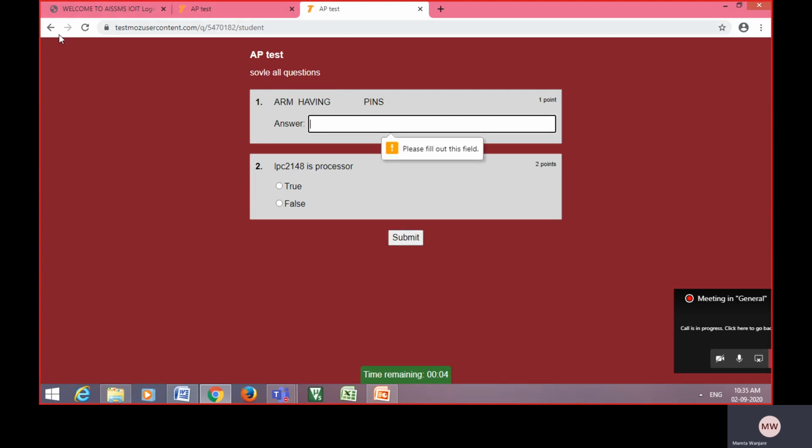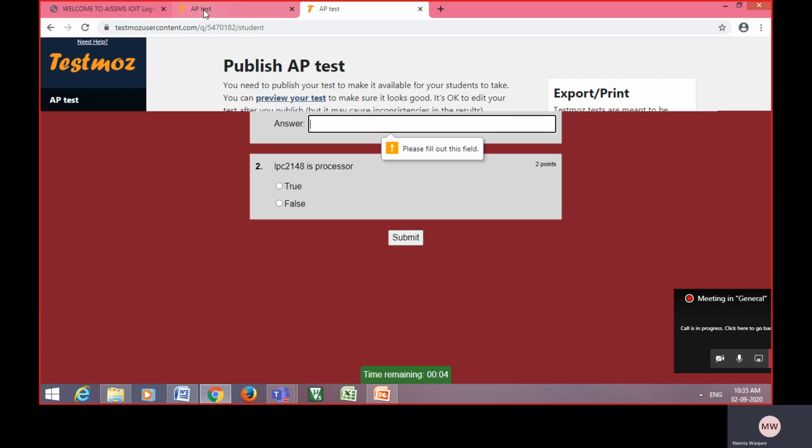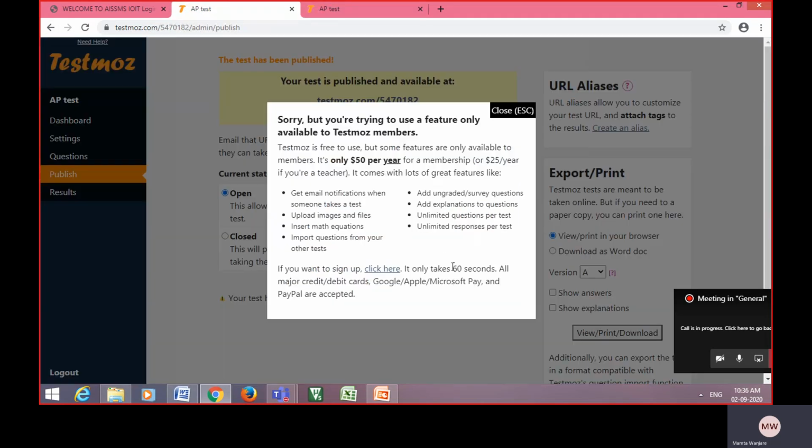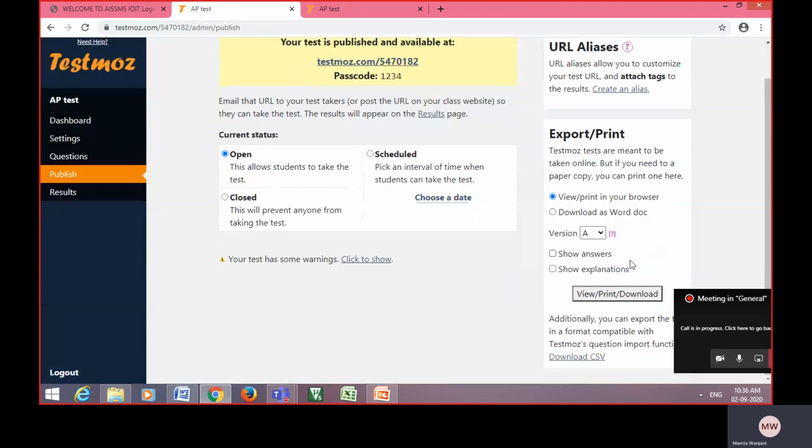Then again go back and publish that test. After publishing, the URL link will be generated and the passcode is also there. You send that URL link and passcode to your students to give the test.